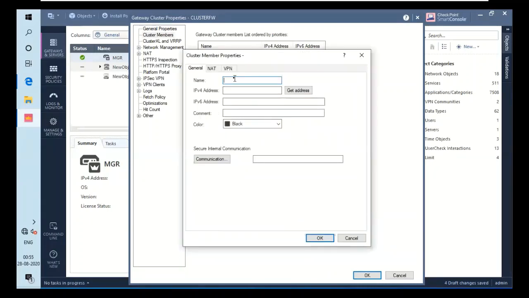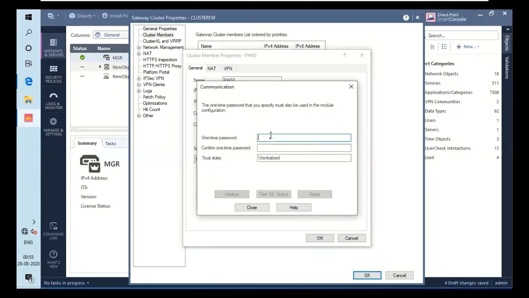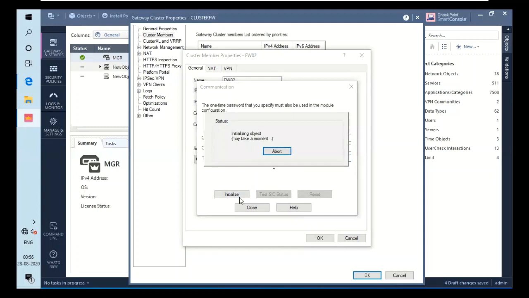I will add firewall 02 and give it the IP, which was 192.168.11.82. Establish the trust by clicking on communication. I have to provide the SIC password, which is admin123, admin123, and initialize the trust.